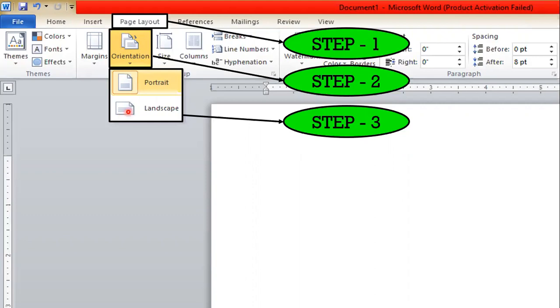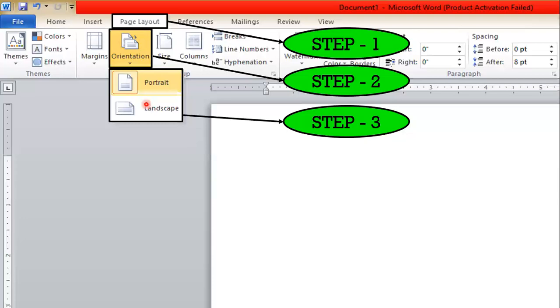So we will see all of the steps one by one live in the MS Word application. But before we see that, we just need to discuss all the steps that we need to follow for using the different options of the page layout tab.